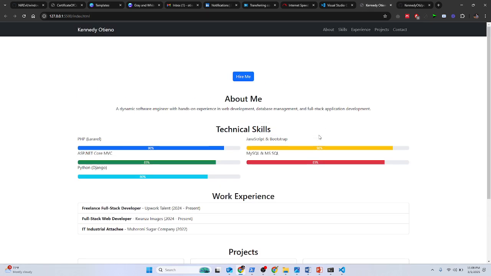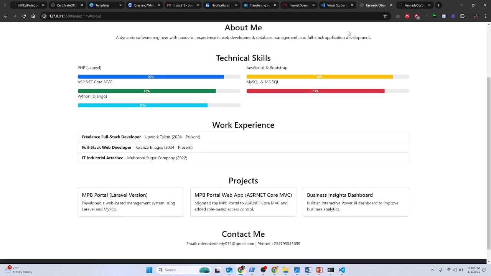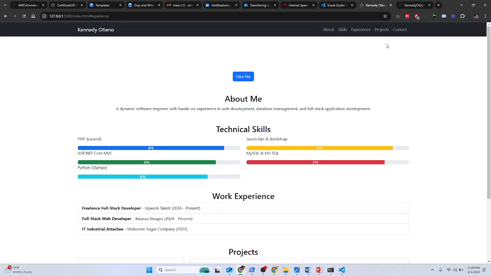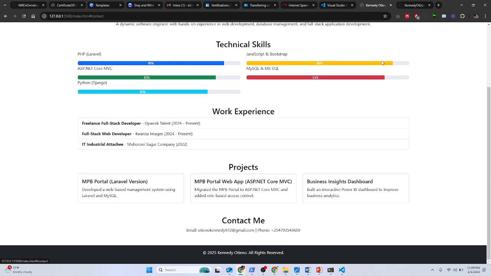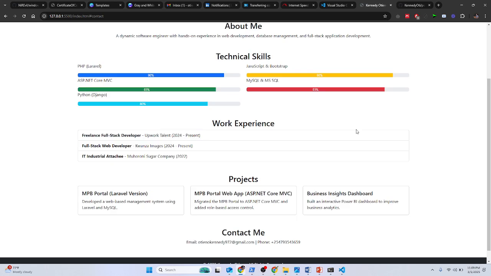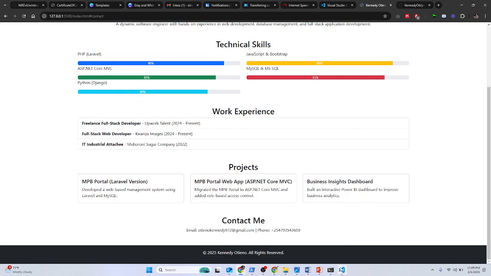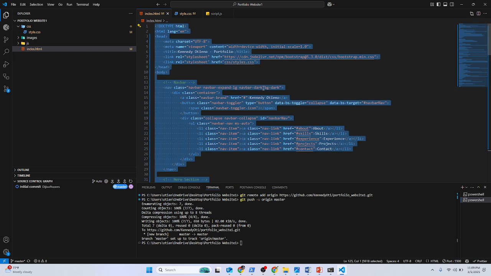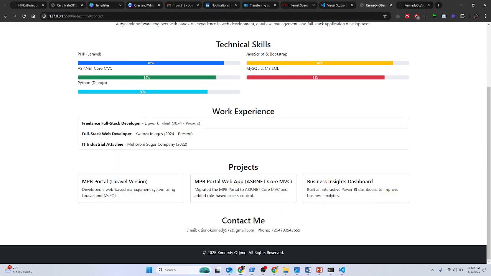And as you can see, we have a very good portfolio website with a navbar section showing about me, and we have the experience, projects, and we have the contact. So what can we do to make this one better? I'll just copy this code again like this, and I will tell ChatGPT that,